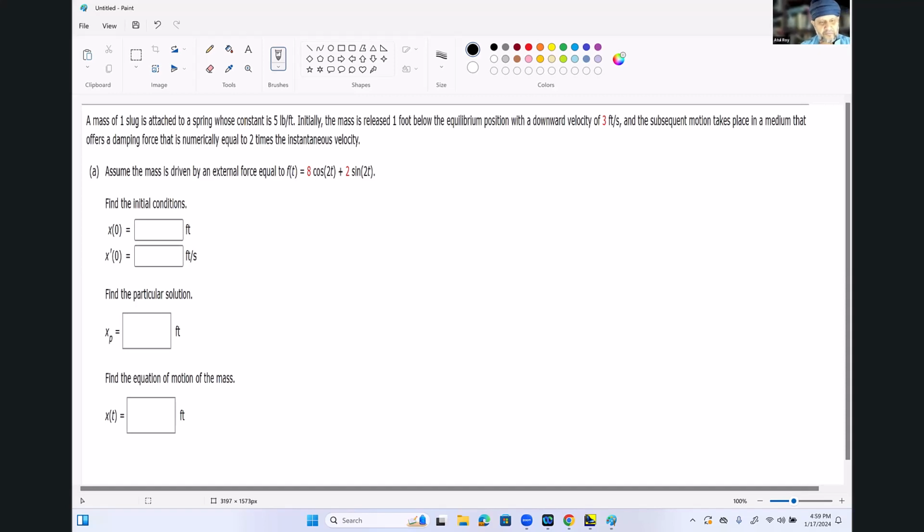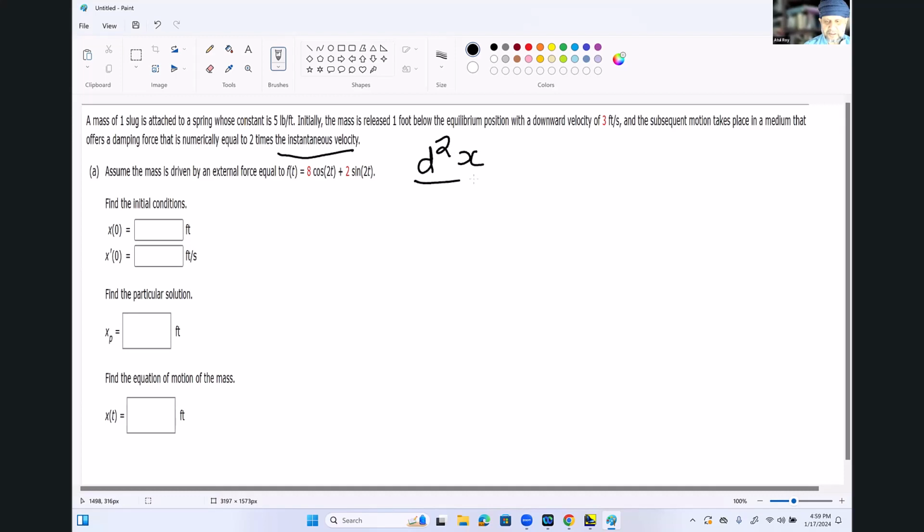So, a mass of one slug is attached to a spring whose constant is 5 pounds per foot. Initially, the mass is released 1 foot below the equilibrium position with the downward velocity of this, and subsequent motion takes place in a medium that offers a damping force that is numerically equal to 2 times the initial velocity, right? So as you said, we have m